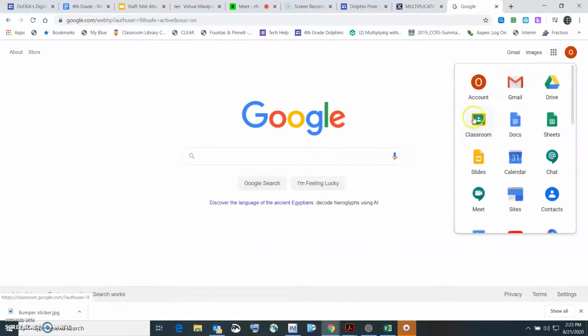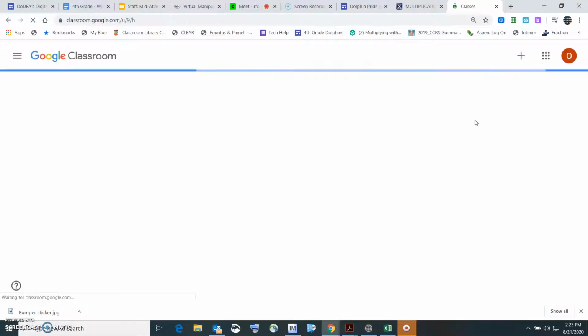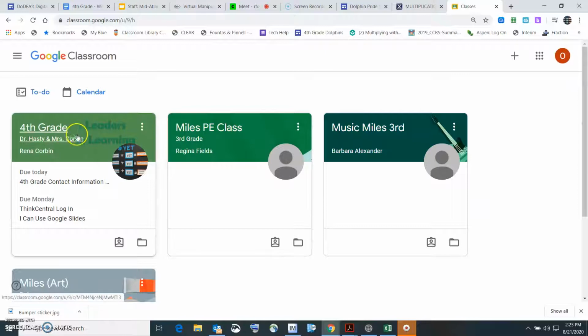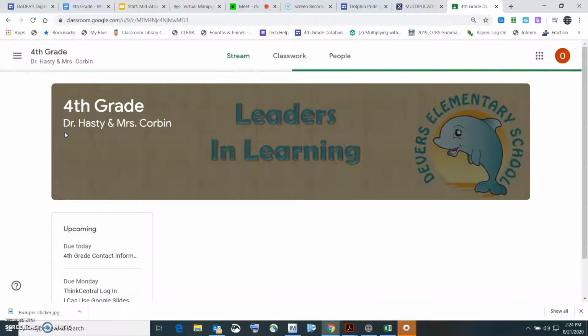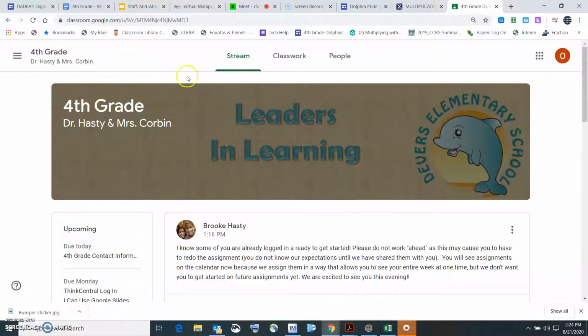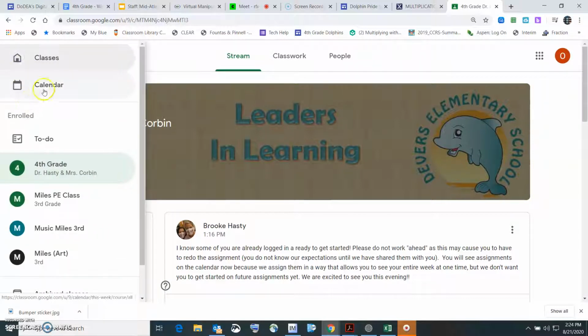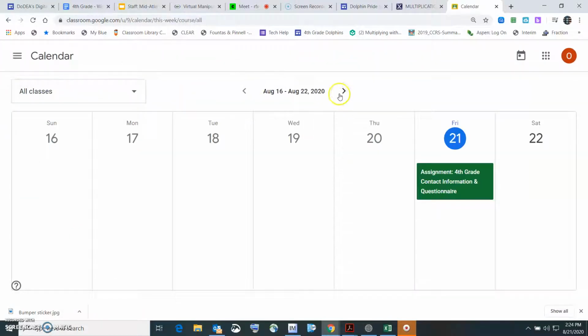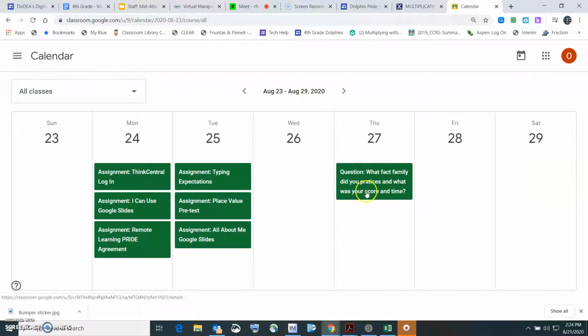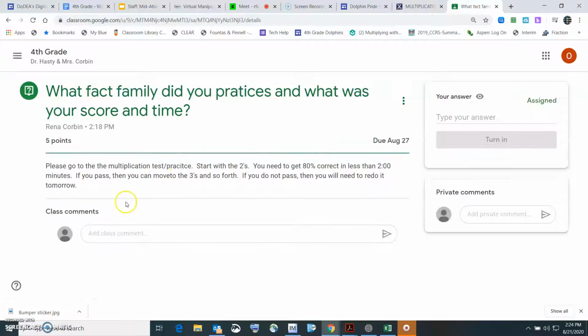Okay, I'm going to my classroom. I click my 4th grade. And now I go to my calendar. I'm going to be on the right, and this one is right here. It says, what fact family did you practice and what was your score? So you click on it, and then you type your answer over here. So my answer would be that it was 54 seconds